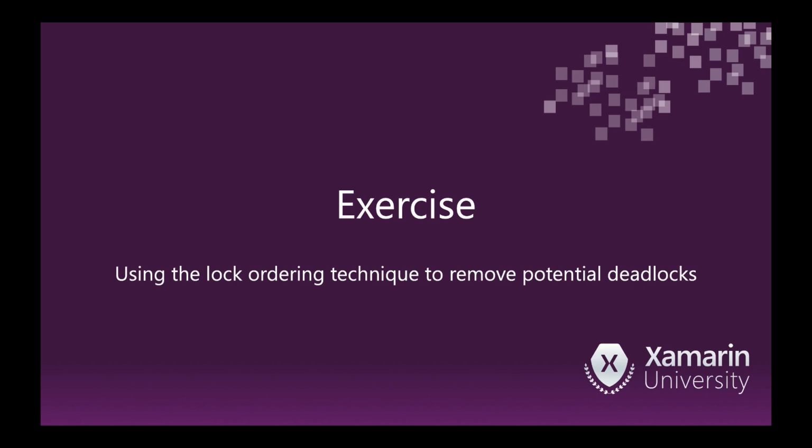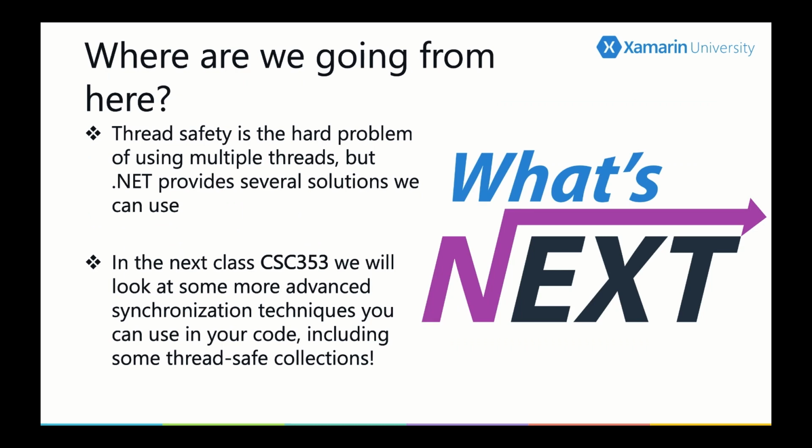Welcome back, and we have almost reached the end of this course. So let's wrap up. You now have all the tools that you need in order to protect resources and make them atomic, so that data does not get corrupted when using multiple threads. And you should also understand that thread safety is really a tough problem. It's not easy. It can always be tricky to see the issues in the first place and then to fix them. If you're interested in even more insights, please check out our CSC353 class. This is where we have a look at even more advanced synchronization techniques. Maybe you will need them in the next